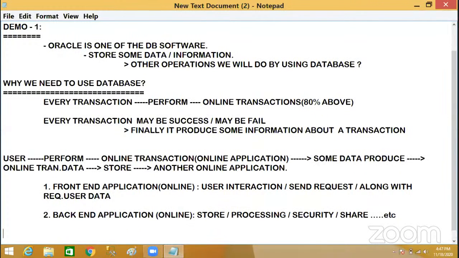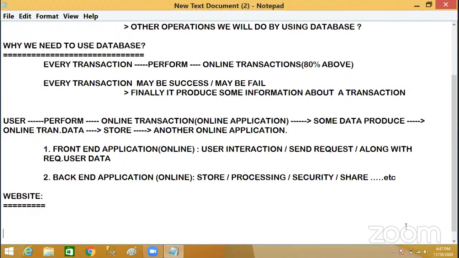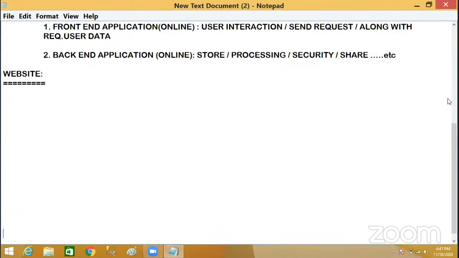definitely databases are required. And one more thing, tell me guys, for example, Java, .NET students are there, PHP students, these people are there. So guys, you are developing websites. Many people have Java students or .NET students, yes or no? So guys, tell me, you people are developing some websites. Can you tell me, without a database support, can you develop a website?